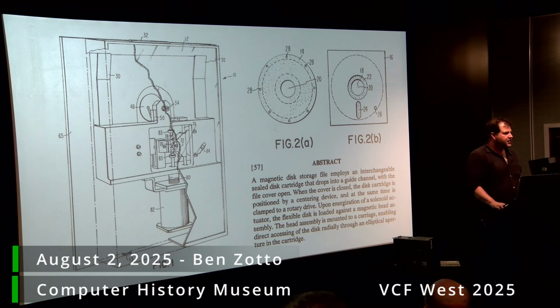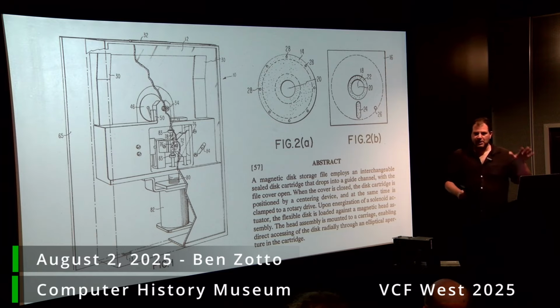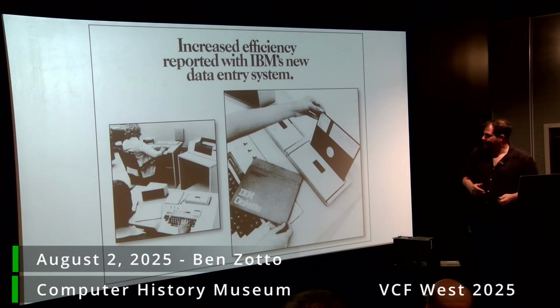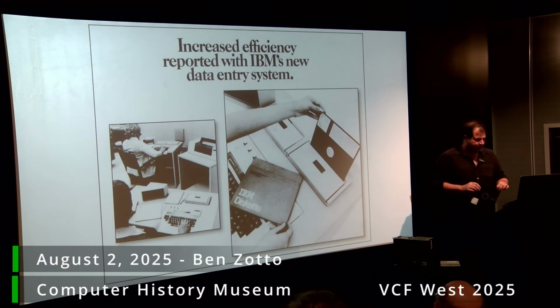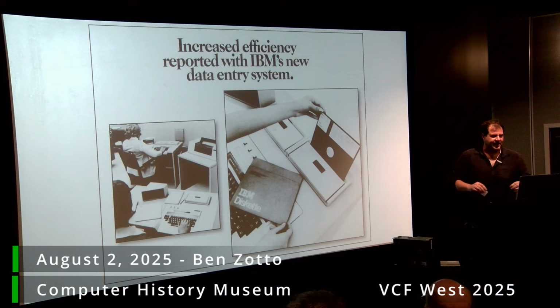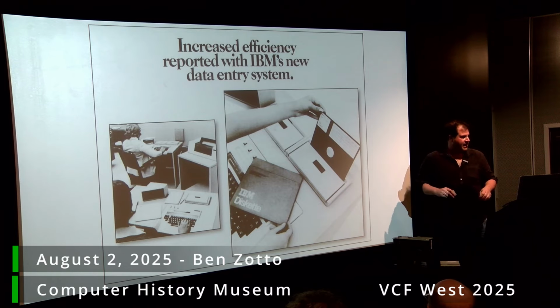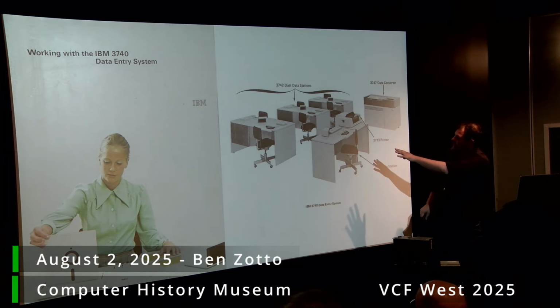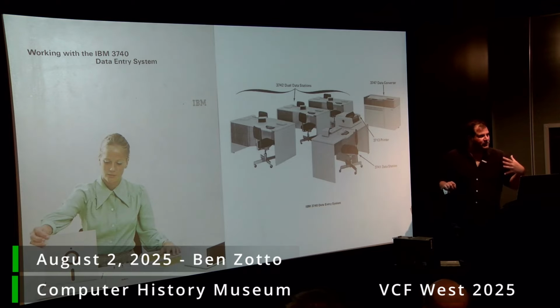And that's because the first use, once they figured out the microcode loading thing, they figured that was going to work good, and then they wanted to do a read-write version of it, because the microcode was just a read version. But they realized this is a useful data storage for IBM's customers. And so they built a disk toaster. The IBM 3740, did I get that right? 3740 data entry system. And so you see how this works: you sit at one of these desks, and built into this desk is this floppy disk toaster mechanism.